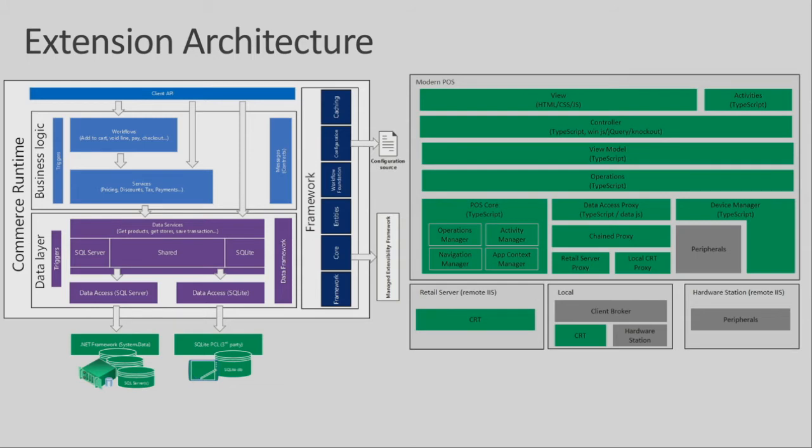The next is the modern POS. We didn't change anything from the architecture point of view, starting from AX 2012. Still, it uses the MVC pattern, and then there is a data access proxy. For example, the proxy I talked about in the previous slide is where the retail server proxy is, which decides which server I should talk to. Should I talk to the local one, or should I talk to the retail server? Similarly, there is a hardware layer, because the CRT business logic is not going to talk to the hardware. POS is the one which is going to talk to it.